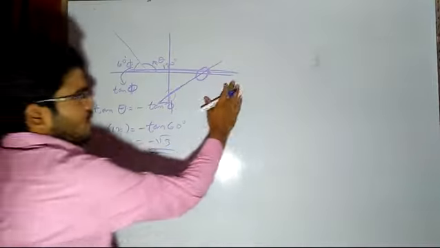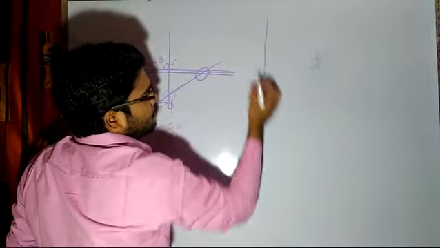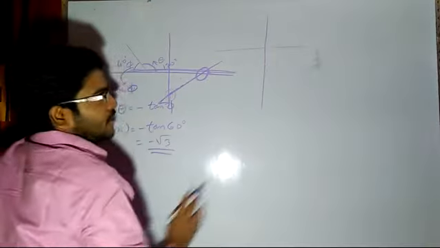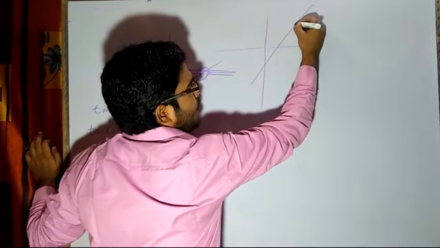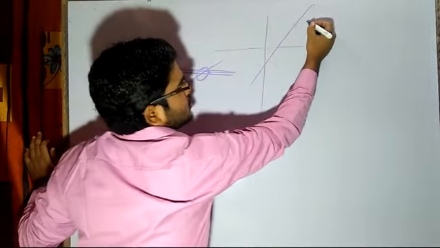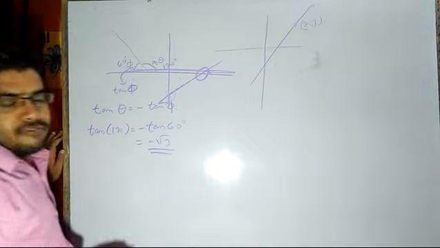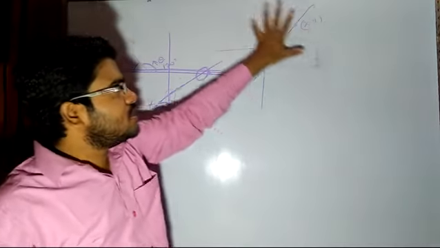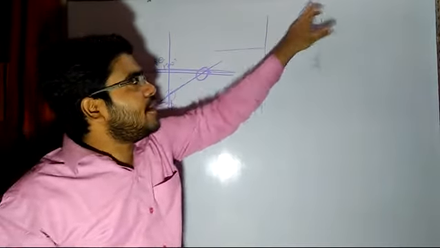Now, how to find the equation of a line? Suppose I have been provided a line like this. First thing is that we have to take any point on that line. Suppose I am taking any point on the line as x, y. This is the x coordinate, in the xy axis plane. One line AB was there.